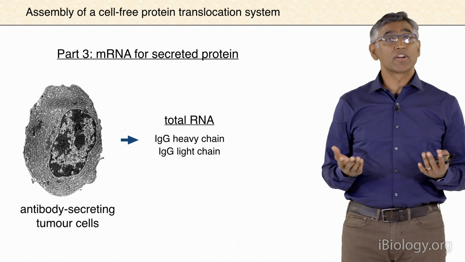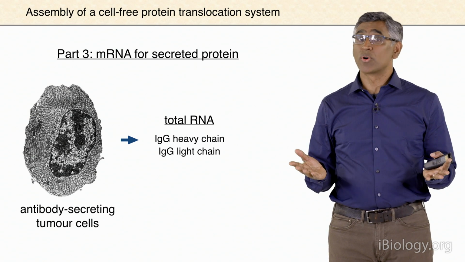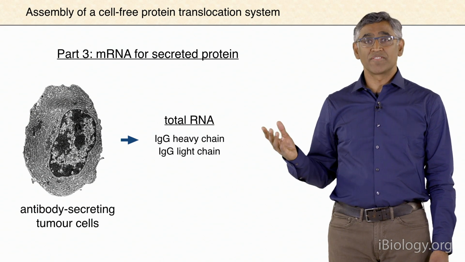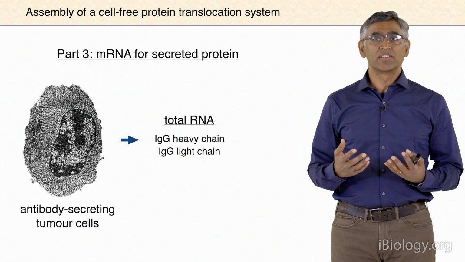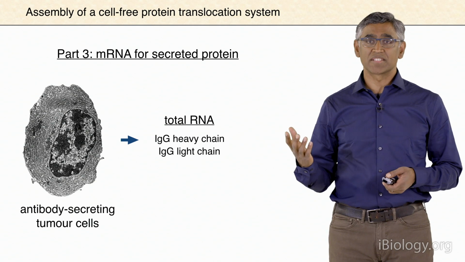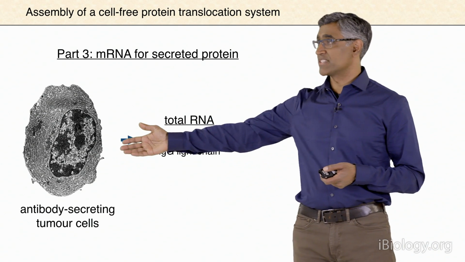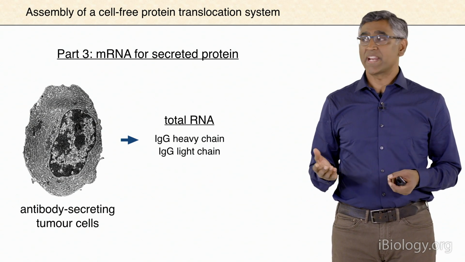Now, the third part that you need to try to get this reaction to work is a source of mRNA that codes for a secreted protein. Now, you have to remember that this is before recombinant DNA technology was developed. And so the only source of mRNA was to isolate it from a native source. And so what people did was they looked at cells that are secreting lots and lots of very small numbers of proteins. So for example, this antibody-secreting tumor cell is secreting a huge amount of antibody,